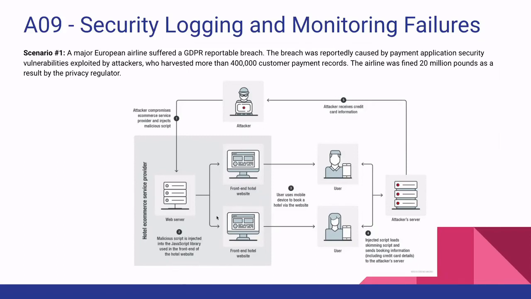Here we are just giving an example of a hotel. This is the front end where users consume this. Behind the scenes there is this compromised library, which is reading all these fields and sending all the data. The script loads because the server is accessing that particular page. It is skimming that and sending all the information to the attacker, and the attacker receives the entire data. This is very prevalent, and one of the important things is that it's very difficult to monitor when this happened. There was no awareness then,